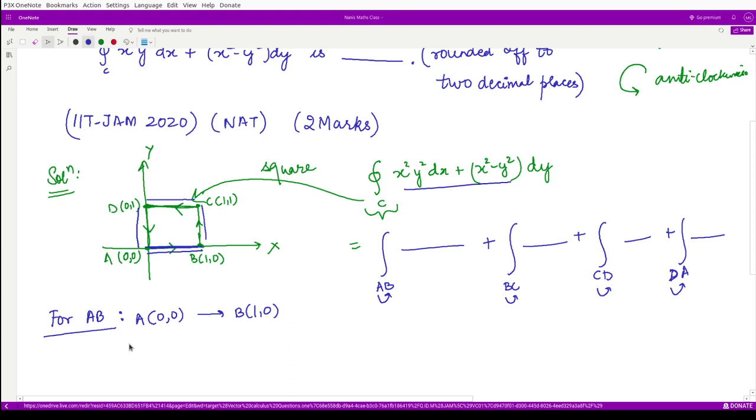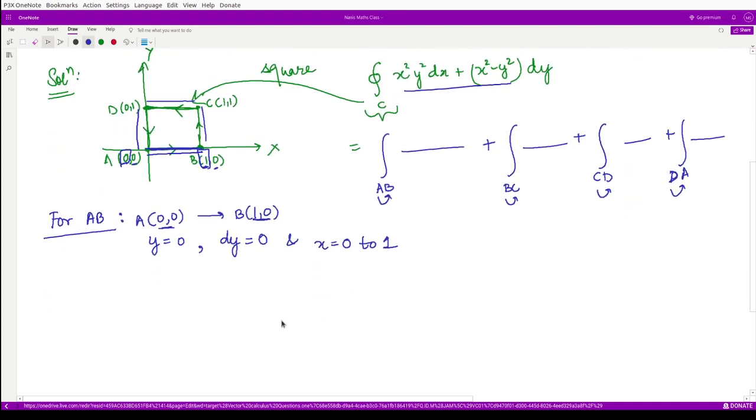So what is the equation of the line here? If you have 2 points, you can calculate it, and here it is y equal to 0. If y is 0, when you differentiate this quantity you again obtain its derivative equal to 0. Moreover, in this case the limits of x vary from 0 to 1, because the limits for y are constant here. So this is what we obtain for the curve AB.